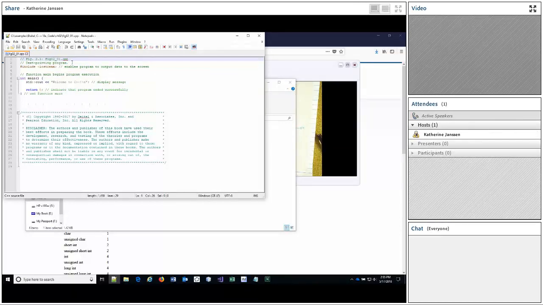code in the future. Here we have another // for a single line comment. On page 42 in your book,